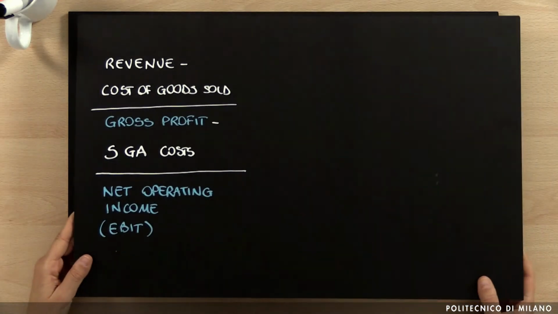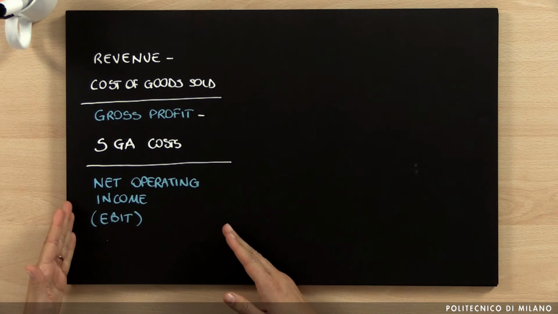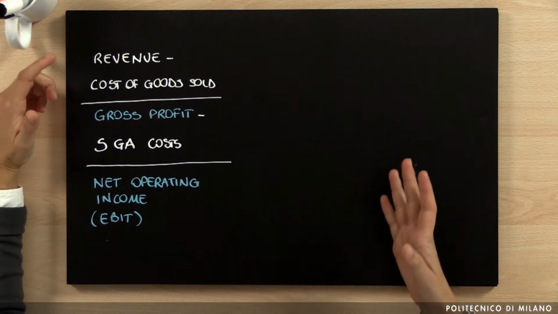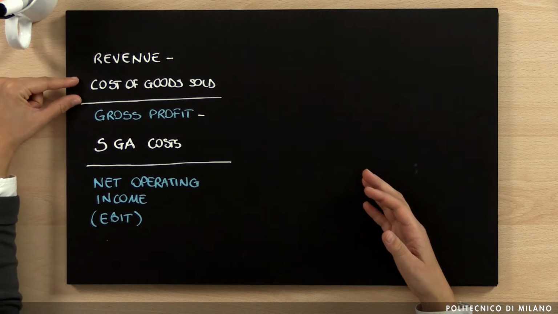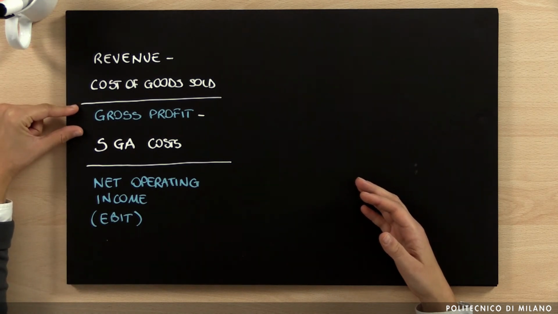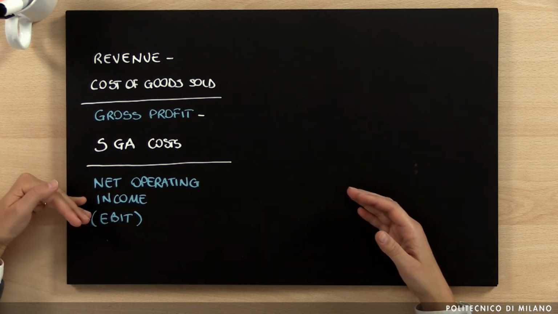So basically we can go back to our income statement and then use again this data, but from a different perspective. Let's see how. If we look at this structure, this is the income statement by function. Basically, if we have an income statement by function, it starts from the sales revenue minus the cost of goods sold, then we have the gross profit minus the selling, general and administrative expenses,